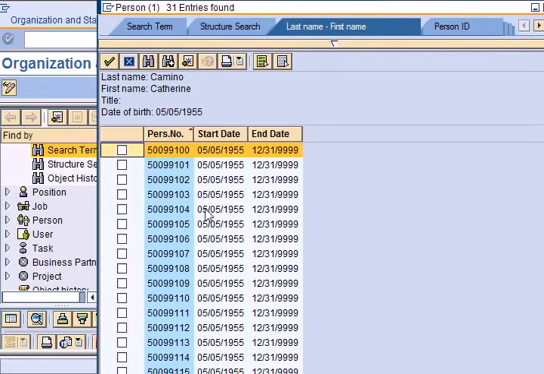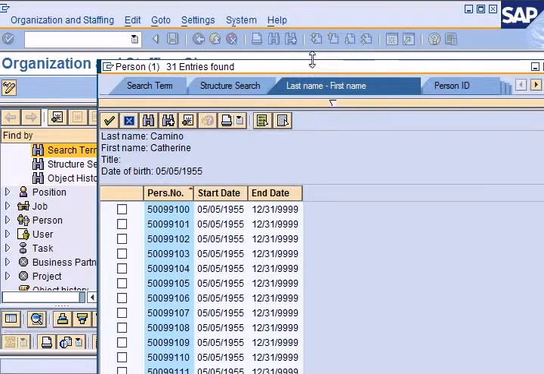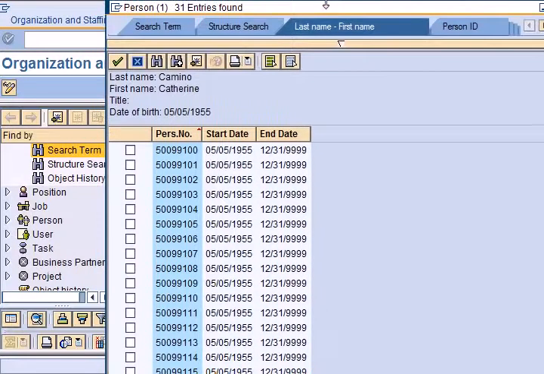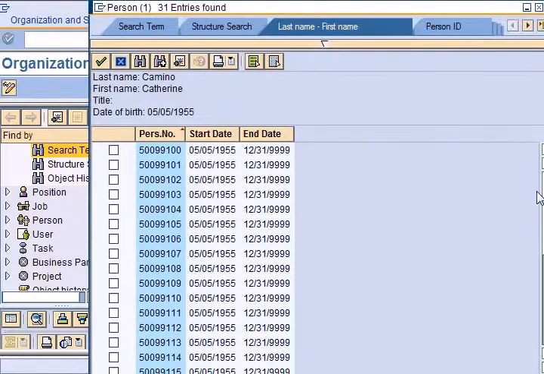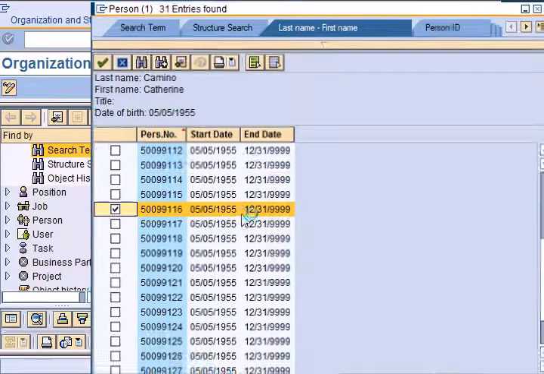Now this is typical of an IDES system. I need to choose the one ending with 16 because that's my group assignment. Let me just make it more clear. Yep, so 16 is here, and I select this and I press enter,